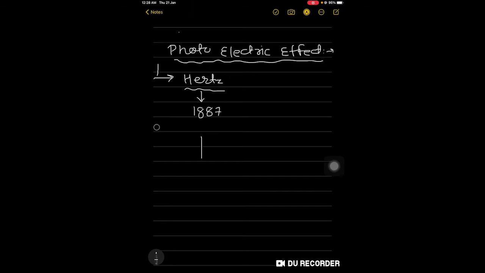So, when he was pursuing his experiment on electromagnetic waves, its experimental setup